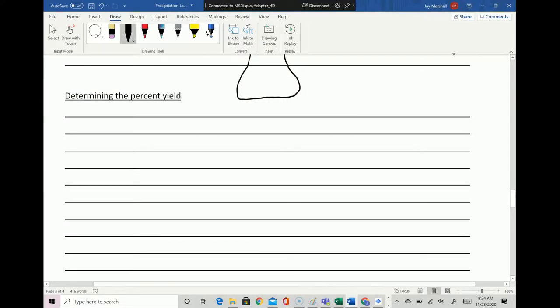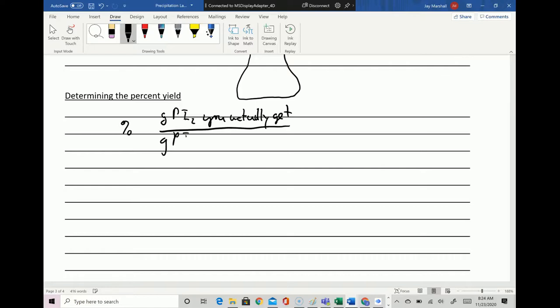So percent yield is going to be grams of lead iodide you actually get divided by grams of lead iodide you are supposed to get, and multiply that times 100, and that will be your percent yield. Okay, so this is the